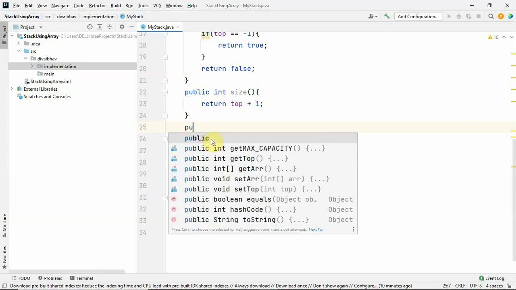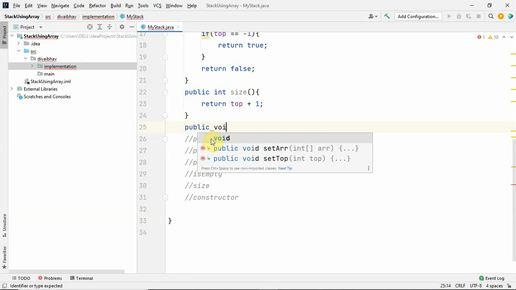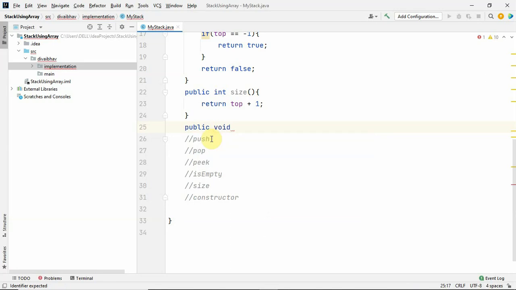So first we'll create the public method. What will be the return type of this method? I am keeping it void. Either you can keep it as boolean or you can keep it as integer, but for convenience I am keeping the return type of push method as void. So push. Now what are you going to push?